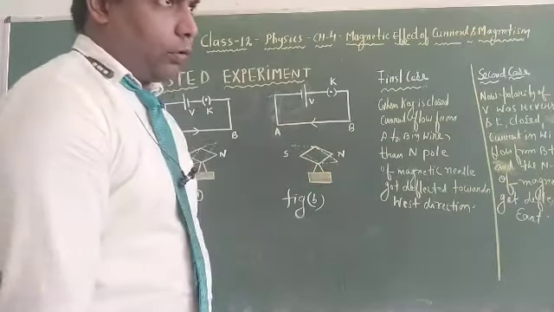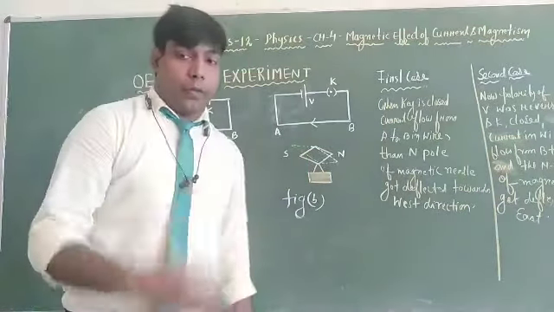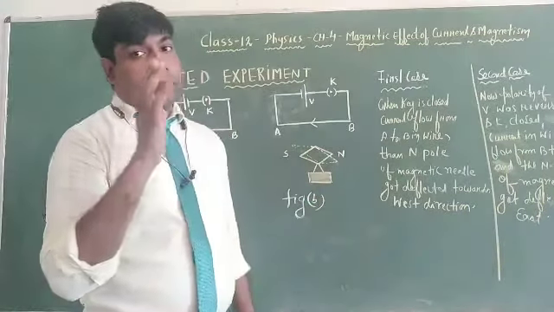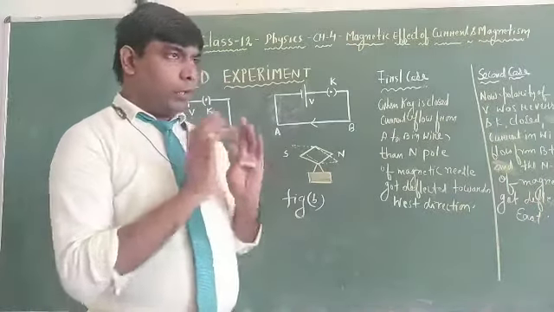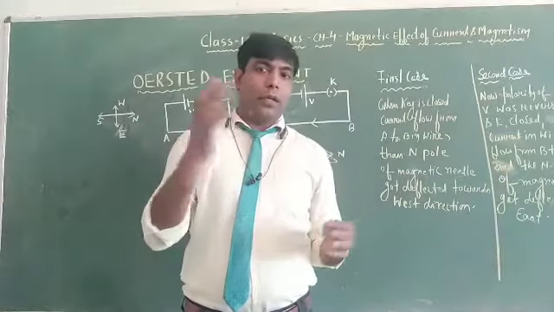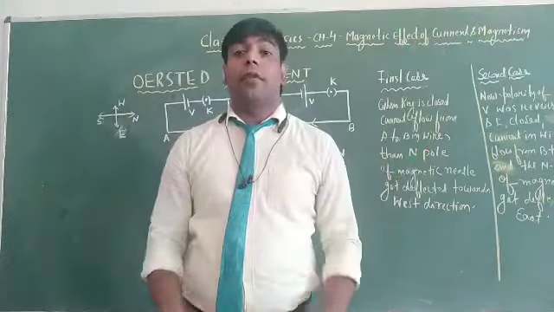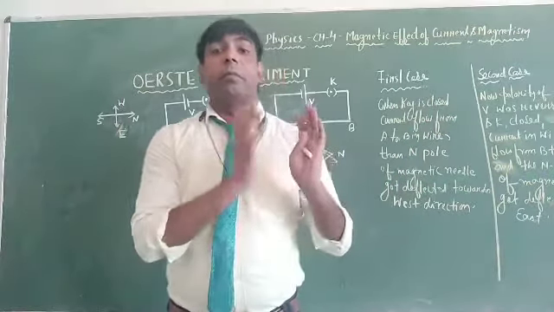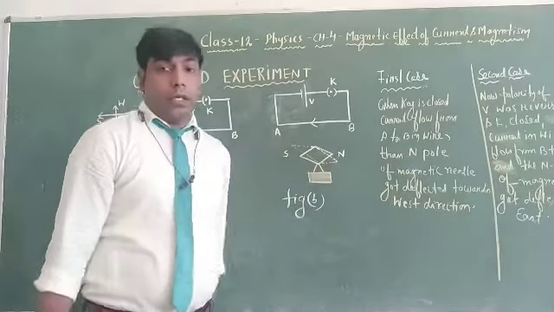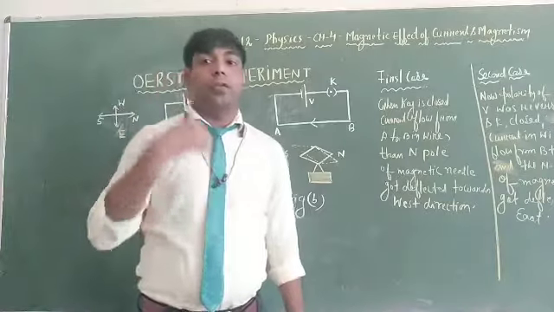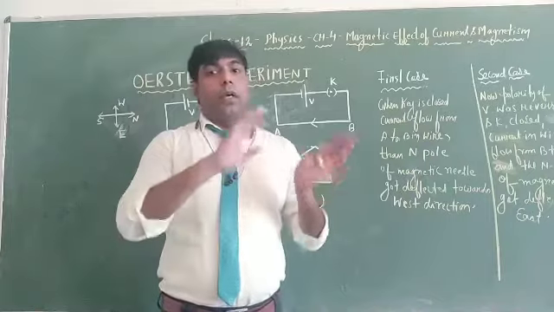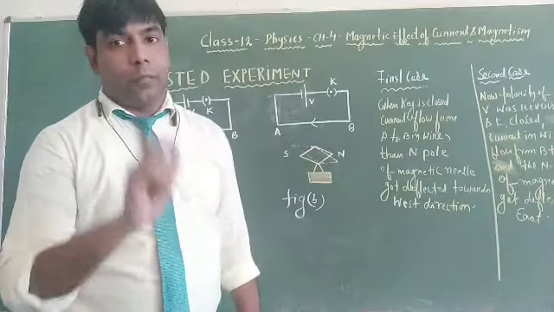So what is the conclusion drawn? The conclusion is that, see here, to deflect a magnet, another magnet is necessary. That is, if we want a magnet to be deflected, either to one side or the other, then there must be the presence of a magnetic field, that is, the presence of a magnet. He concluded that when a current flows in a conductor, a magnetic field is produced around it, right? And also, the polarity of the magnetic field depends on the direction of the current.